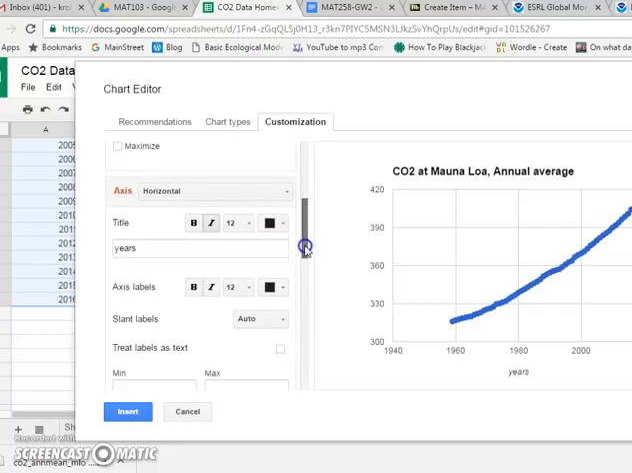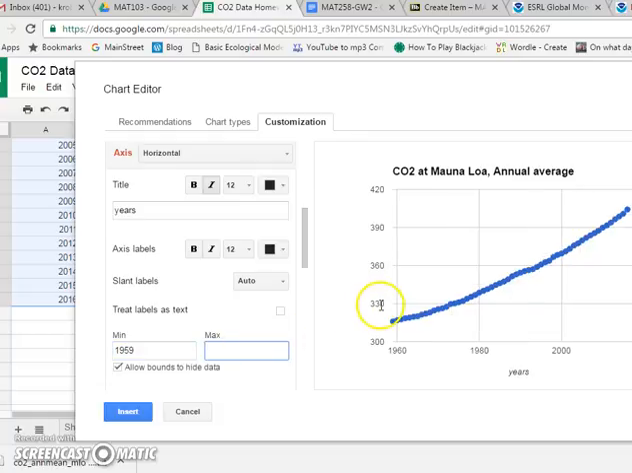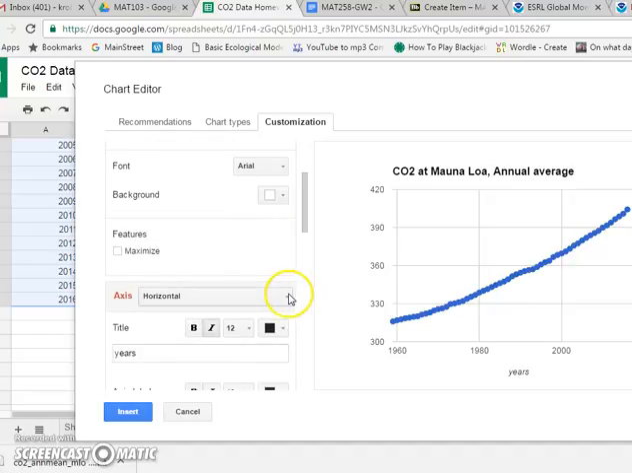And let's see. The data starts in 1959. So let's do that, 1959. And then it'll shorten that for us. And that looks pretty good. Let's go back up, and where it says axis, we can choose